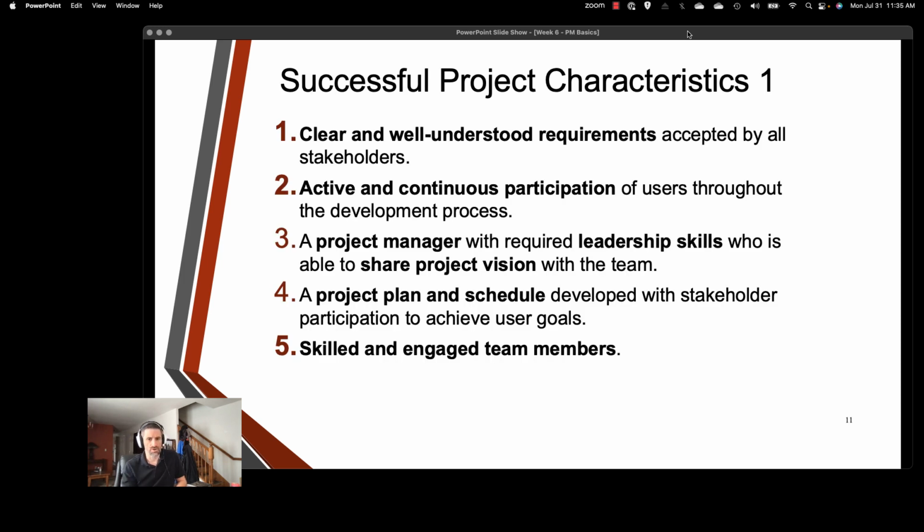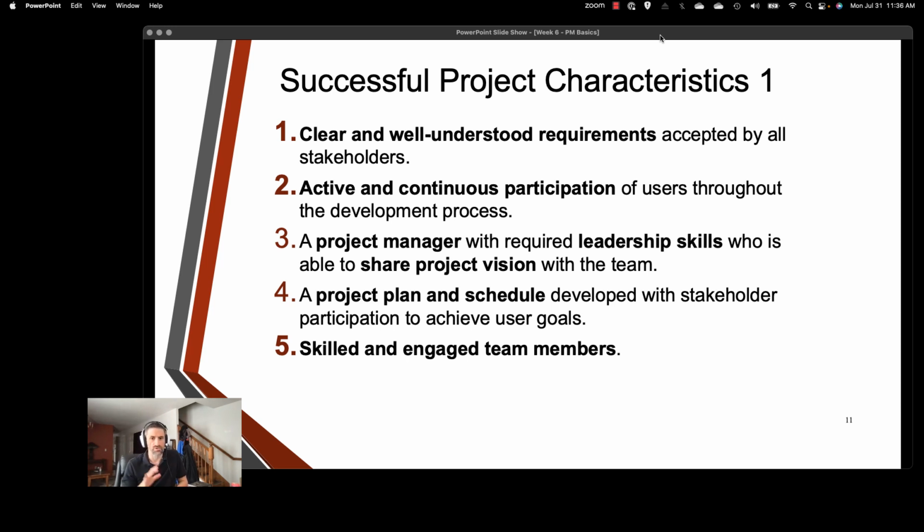Okay, so what makes a project successful? Here are some examples. We want clear and well-understood requirements that have been accepted by all the stakeholders. So everybody involved is on board and understands what is to be expected. We want active, continuous participation of the users through the development process. So the people who are actually going to be using the product are giving regular feedback through that iterative type